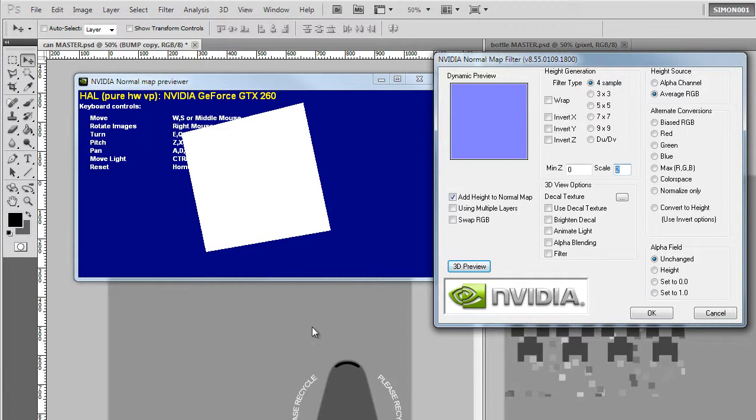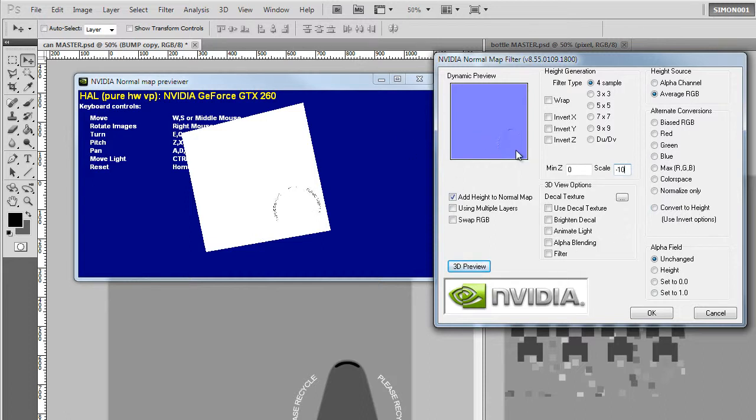So what we were talking about previously with the grayscale values, either pushing into the surface of the object or pulling out of the surface, where the bright colors pop out, with the default settings of this plugin, it's actually reversing that and pushing them in. So what we need to do is change this scale value. So if I type in like -10,